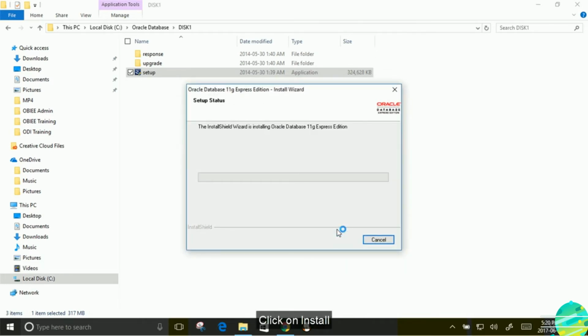Click on install. Wait for the installation to finish. For me, it took about 10 to 15 minutes.